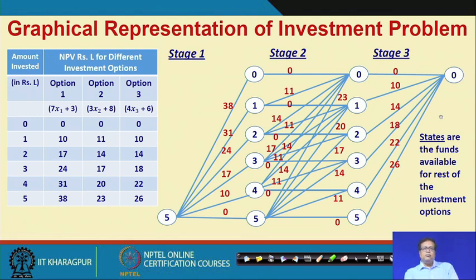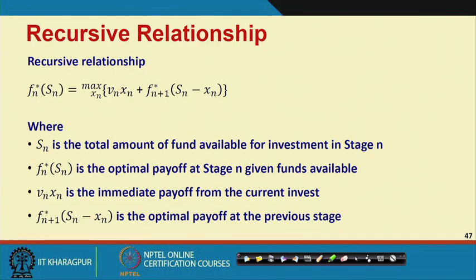See, this is still a simple problem. For such a simple problem, you can still do an exhaustive search and find the solution. But think of not 3 stages, but 30 stages, and not just 3 options, but 30 options, and you can imagine how complex the graph could be. In such a complex graph, obviously we need a method which is exact, but at the same time finds the solution quickly with fewer iterations. That is the essential part, and in order to do that we need to use a recursive relationship